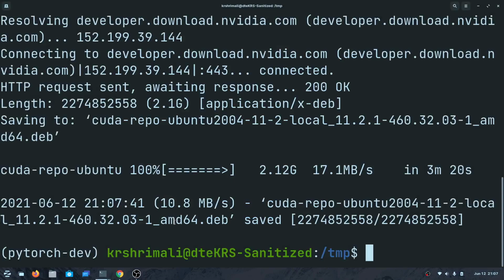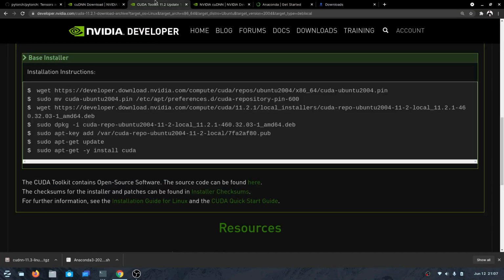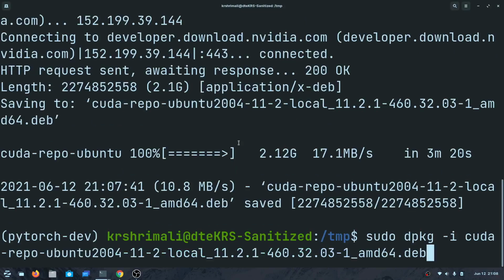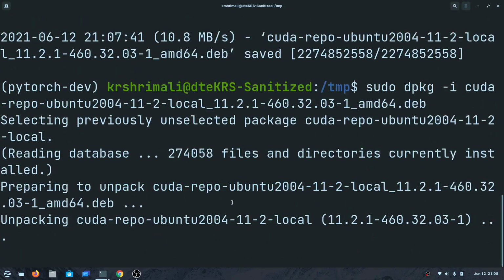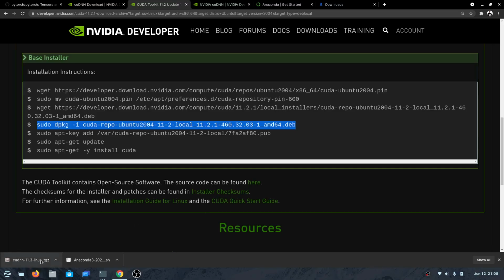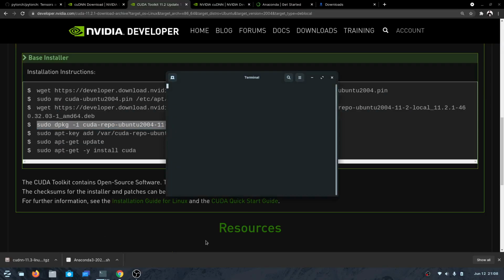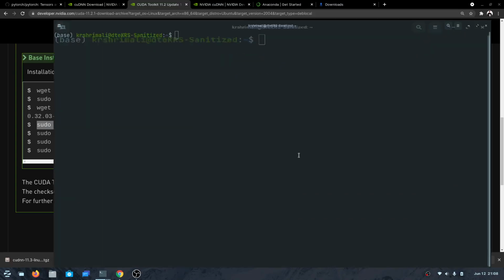Great. So now we have completed the CUDA download. It was good, 2.12 GB, right? So now all you need to do is go to the next command, and this is really simple. You're trying to install the Debian file that you've downloaded for CUDA, and you just need to copy and paste it here, and it will install it for you, right? Meanwhile, we have also downloaded the cuDNN file, so we'll need to extract that as well. So let's do that while it is being installed.